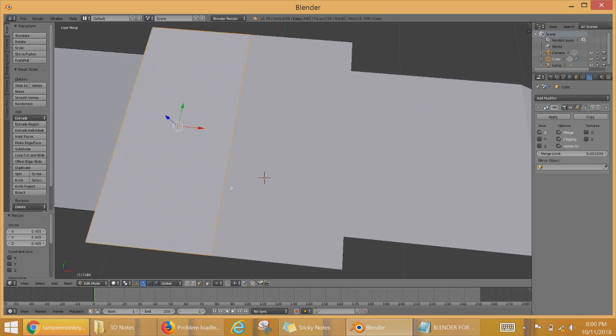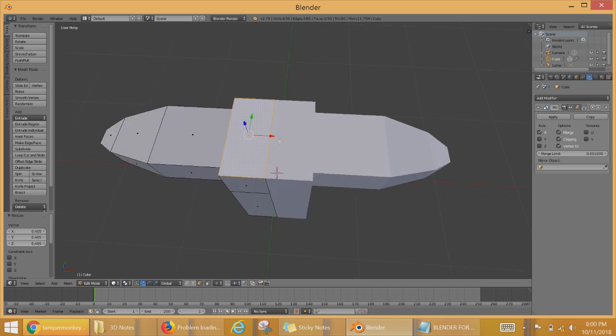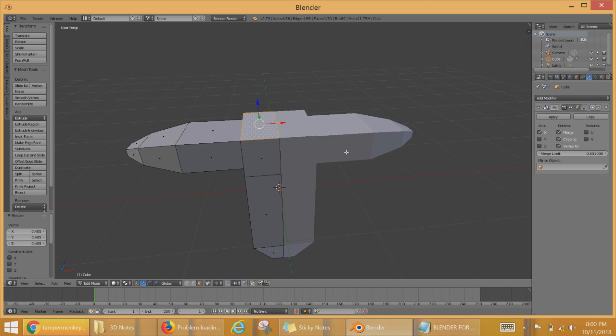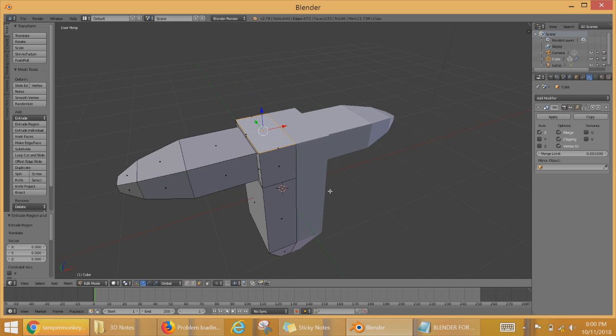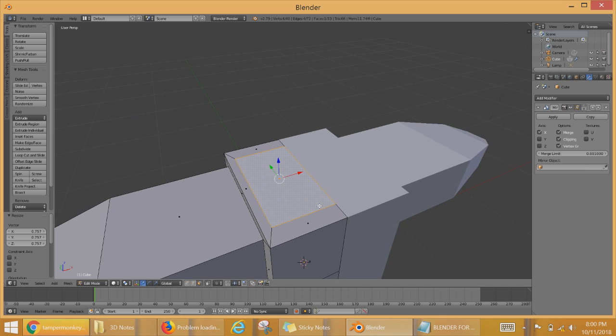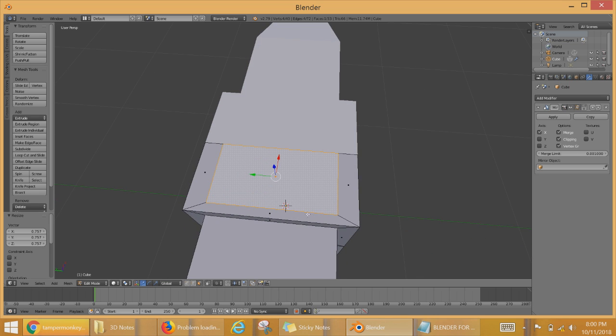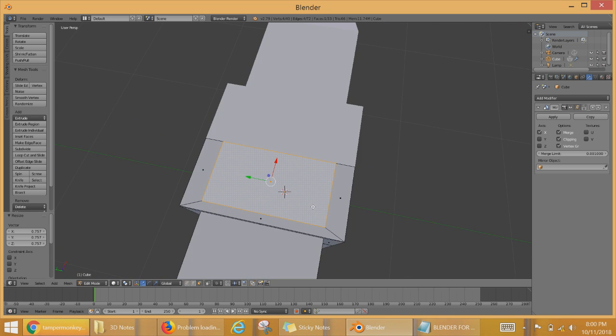All right, now you got this part. Select the top face here, and we'll extrude out that part. But let's right mouse button to leave it there and scale it in a little bit. And then we'll build out the blade. Well, you know what? Let's make it a little thinner. So press the scale button, and we want to scale on the y-axis. Press Y,